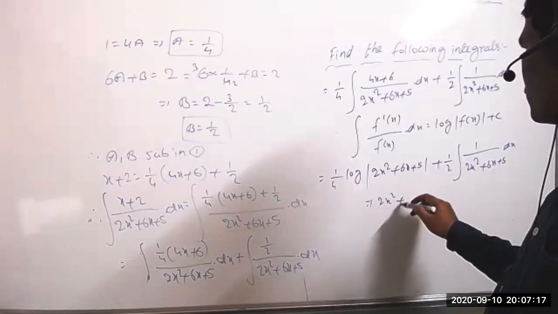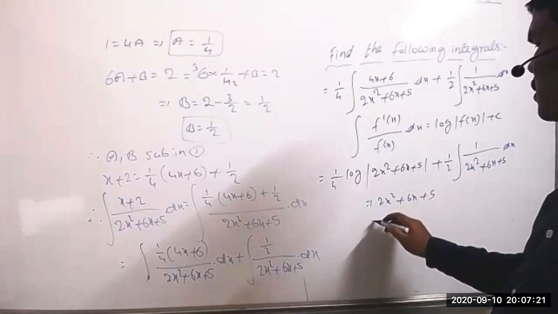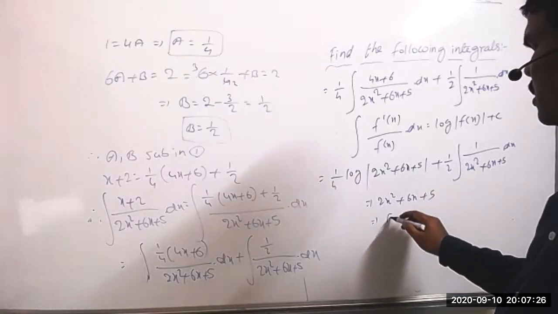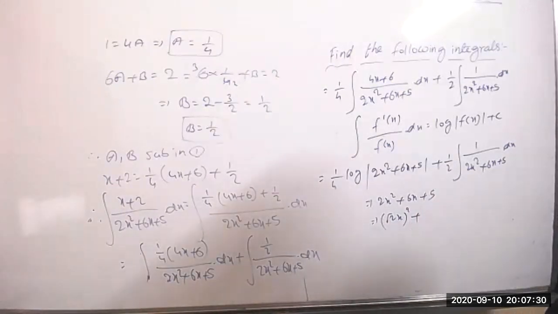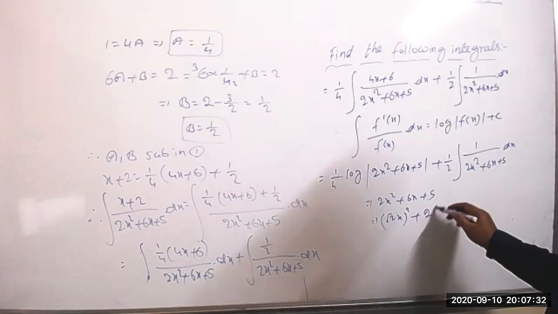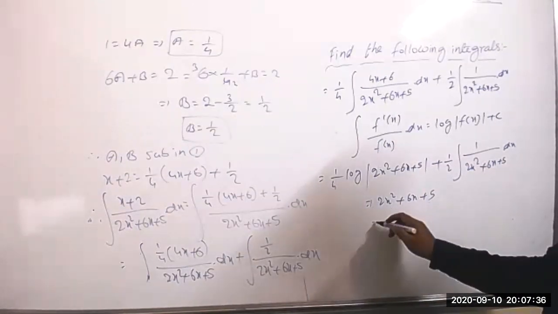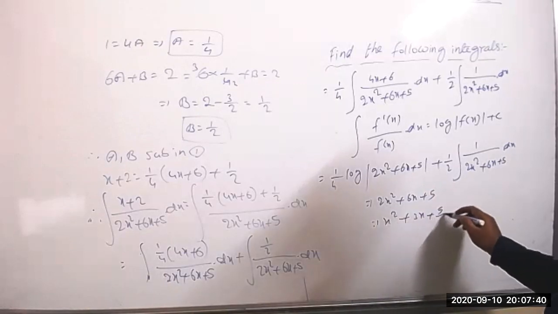Directly we can take 2x square plus 6x plus 5. Yes, apply the completing square method. Divide all the values by 2, or else you can take root 2x whole square plus 2ab. I think comparing to this, dividing by 2 is the best. Plus this is the 3x plus 5 by 2 we got now.